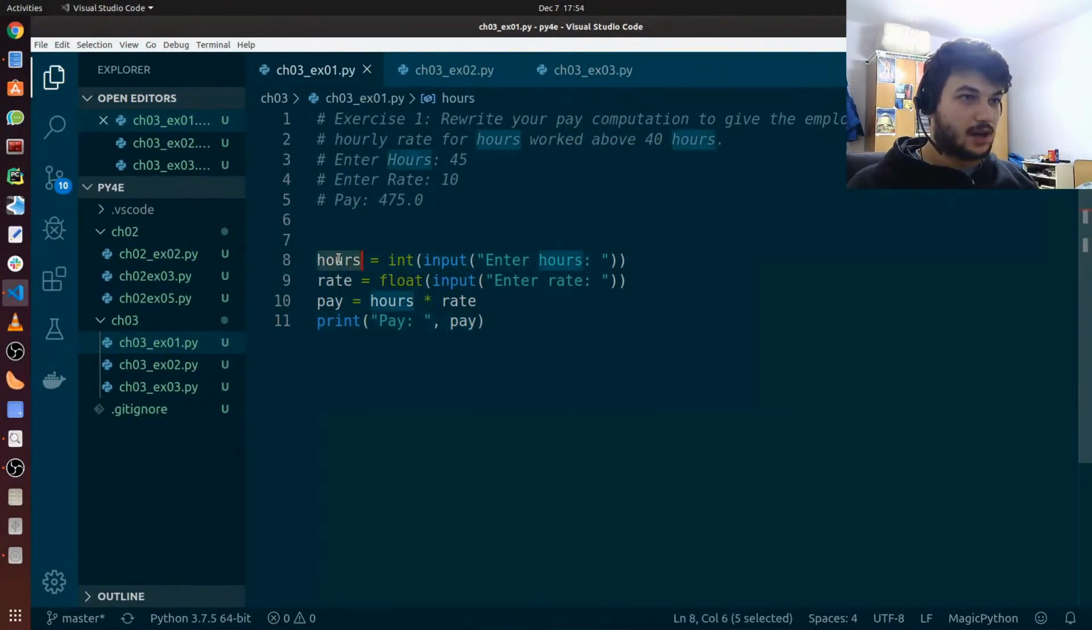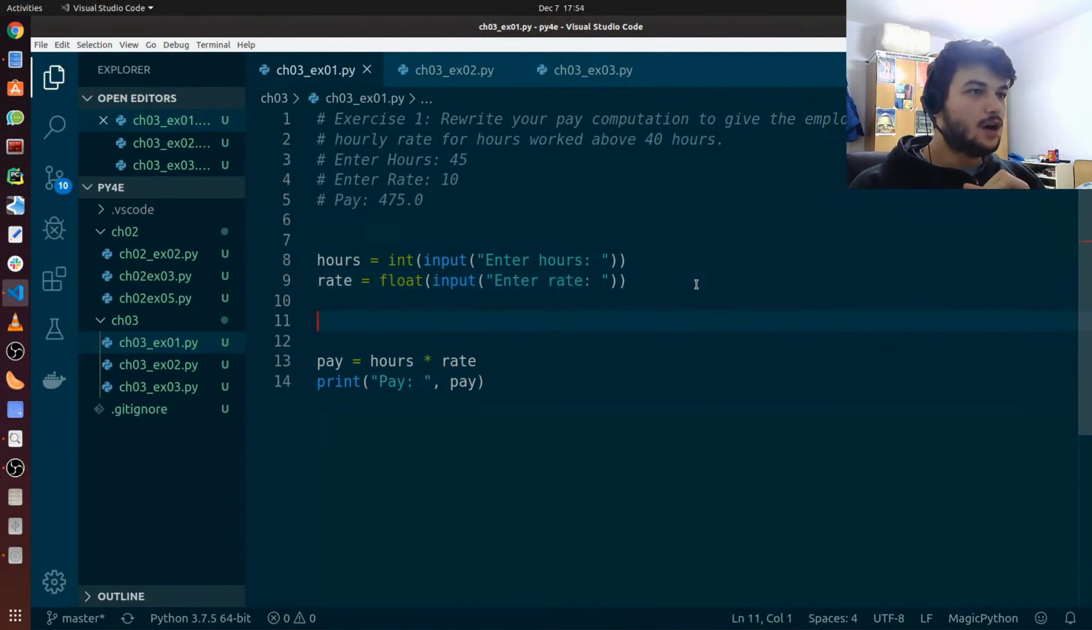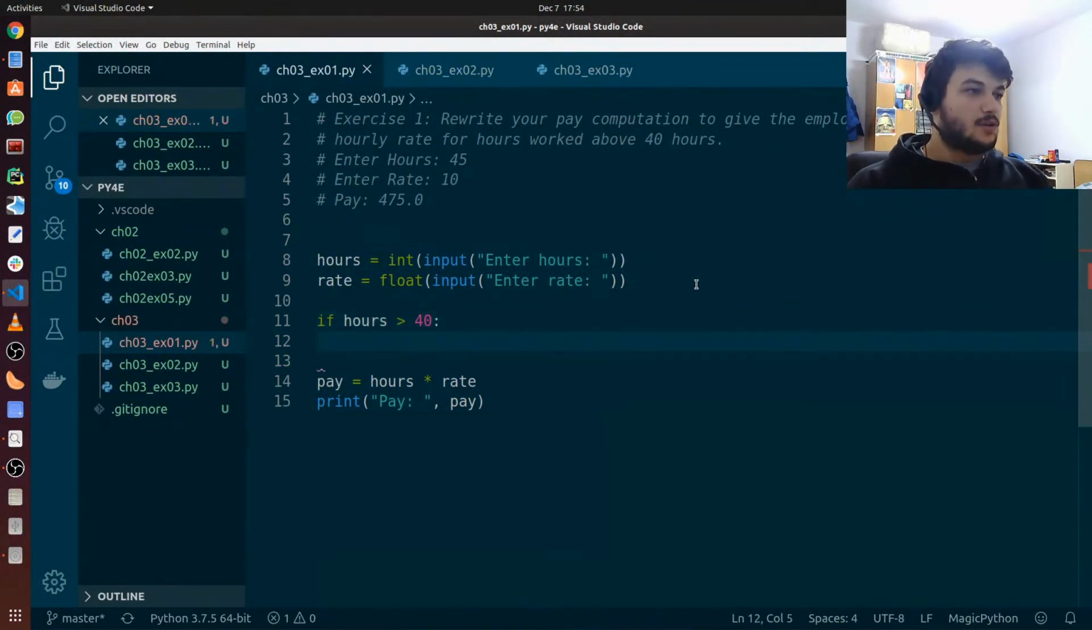So we need to get the hours from the user, we need to get the rate, and now we will change how we calculate the pay. If the hours worked are more than 40, we have to put an if condition there. So just check if hours bigger than 40. Now we want to calculate all the hours which are above 40 to be 1.5 times the usual rate. So the pay would be